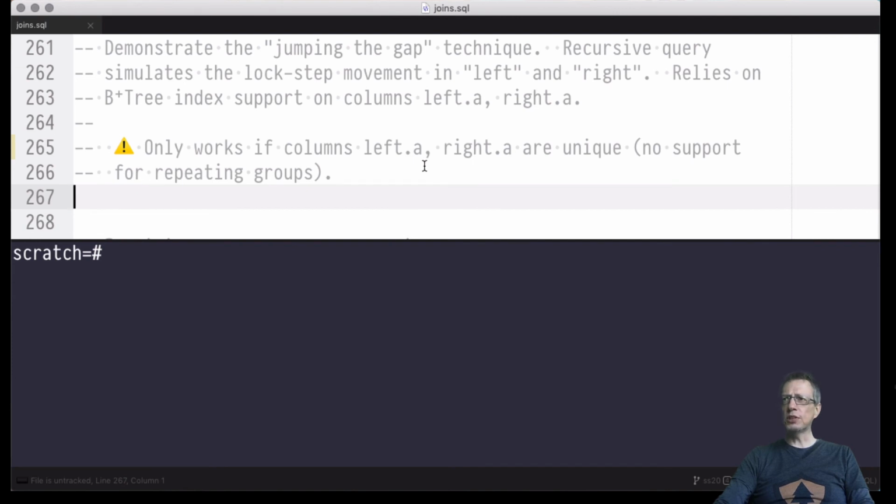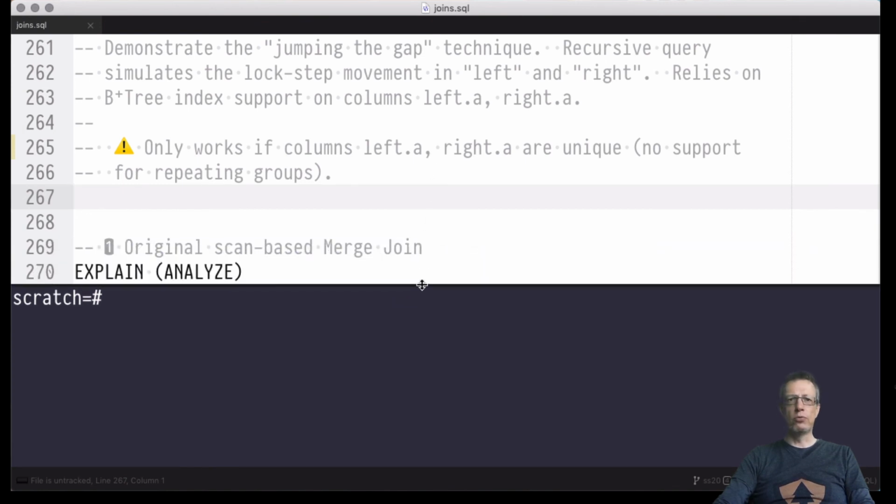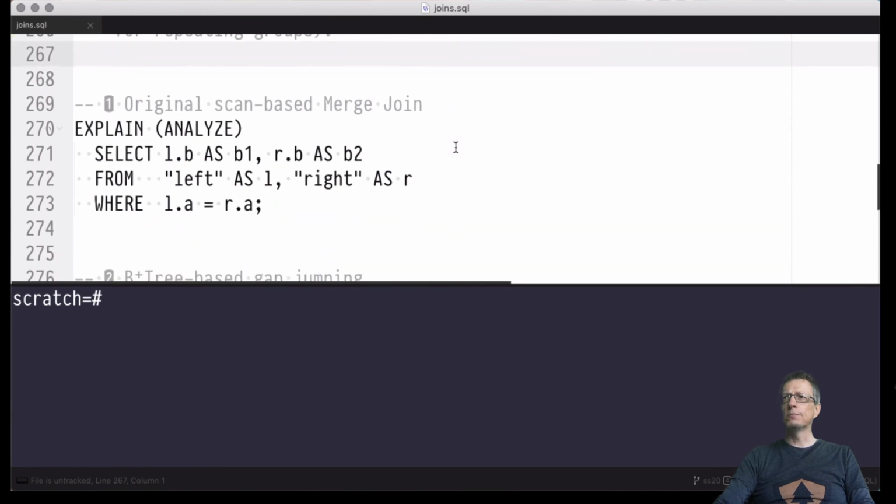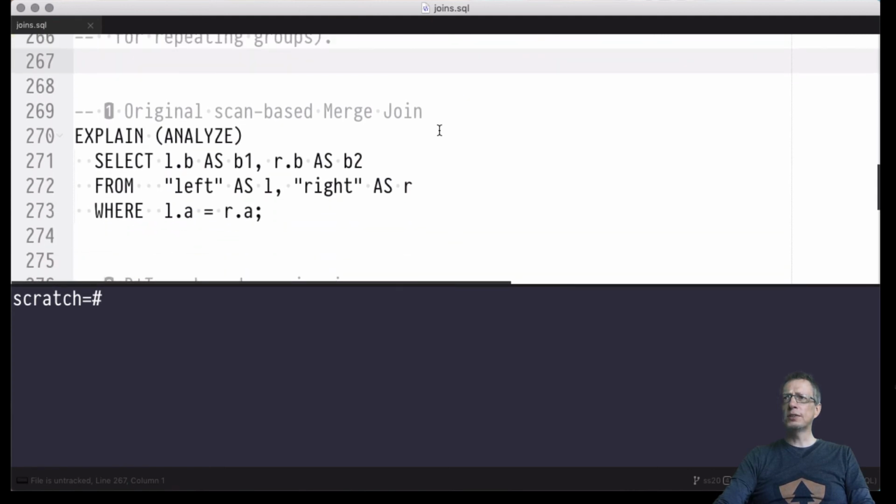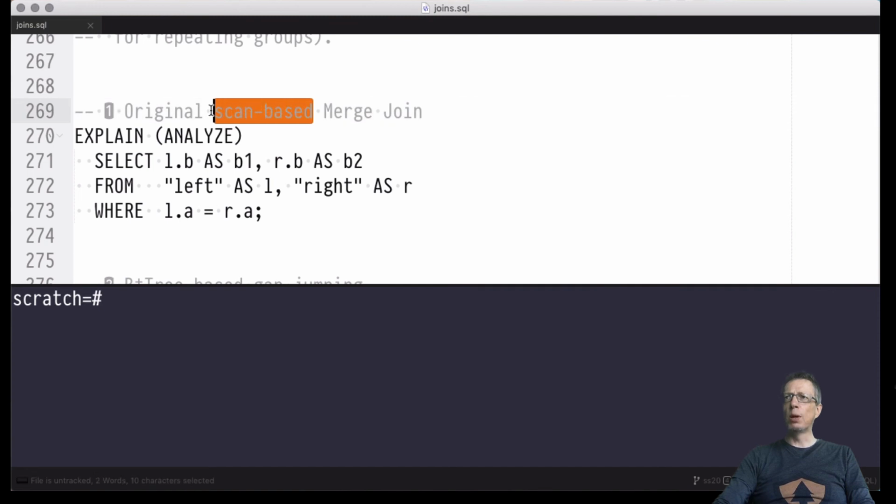Only for such unique columns, the implementation that I will show you now, or at least the sketch here, will perform correctly. All right. So first, let's rerun the original merge join built into PostgreSQL. Of course, it's no jumping the gap technique. This will really be tedious scanning of the first